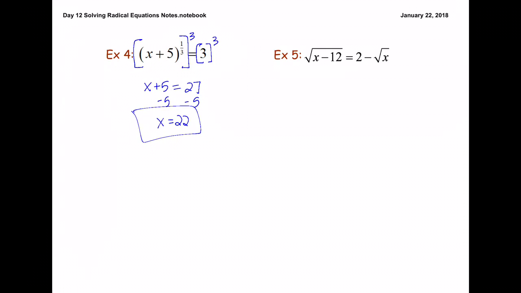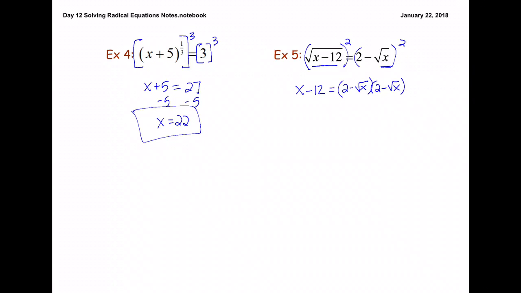When we look at the next example, we want to undo our radical. So what's underneath our radicals don't match, so we're going to go ahead and undo our radical by squaring both sides. When we square the square root of x minus 12, it is just x minus 12, but when we square 2 minus the quantity or the square root of x, we need to distribute that out 2 times so we